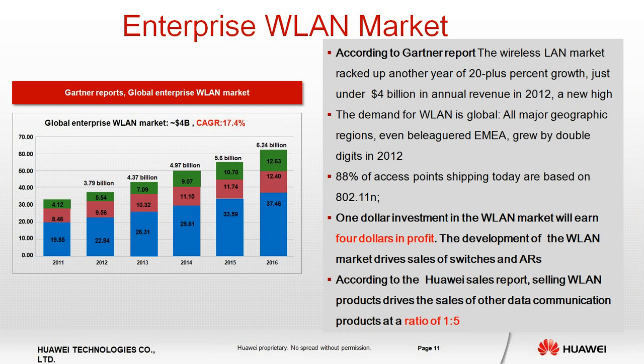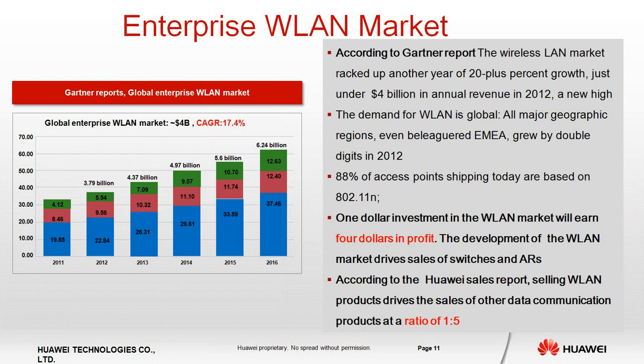By the end of 2016, we expect this market to be over $6 billion, growing at a compound rate of almost 20% year over year. Almost 88% of the access points shipping comply with